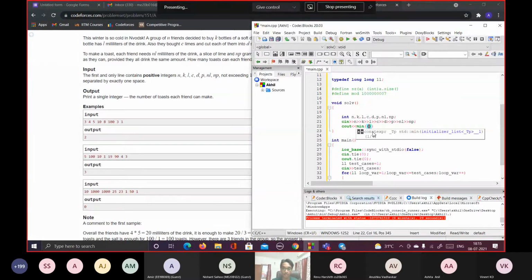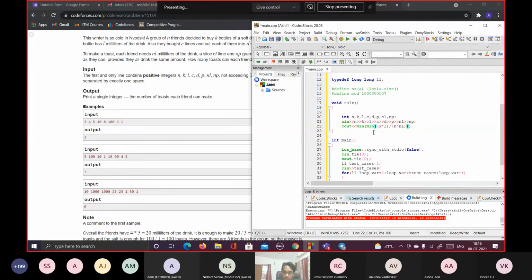So if you see the first thing, I'll give this in a different way. You can say it like min of, first, the total number of drinks we have. So it is K into L, the total quantity of drink we have, divided by what each friend needs, NL, to make a toast, and so the number of toasts he can make again is by N. So N into NL.